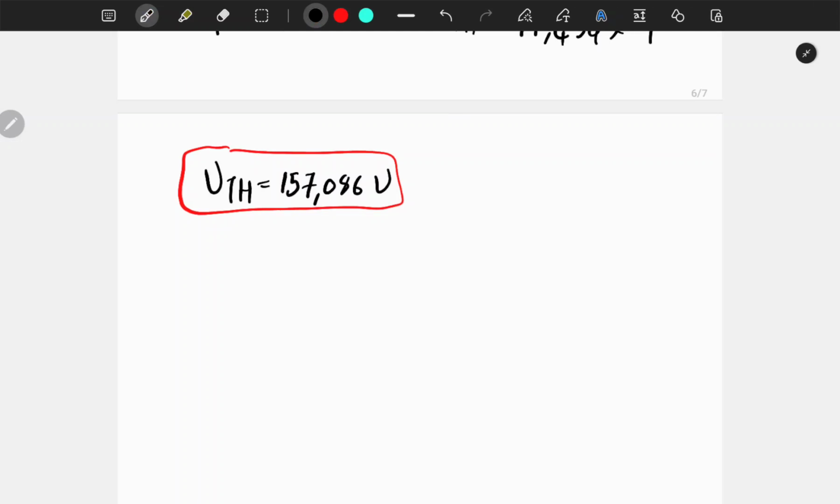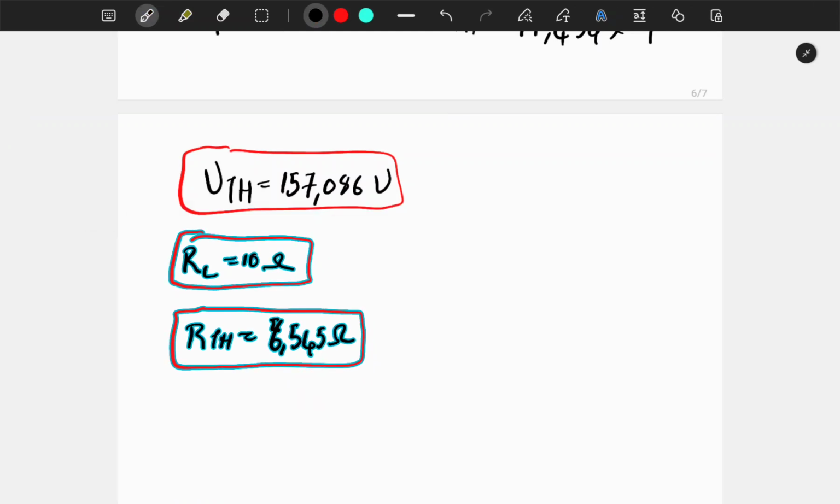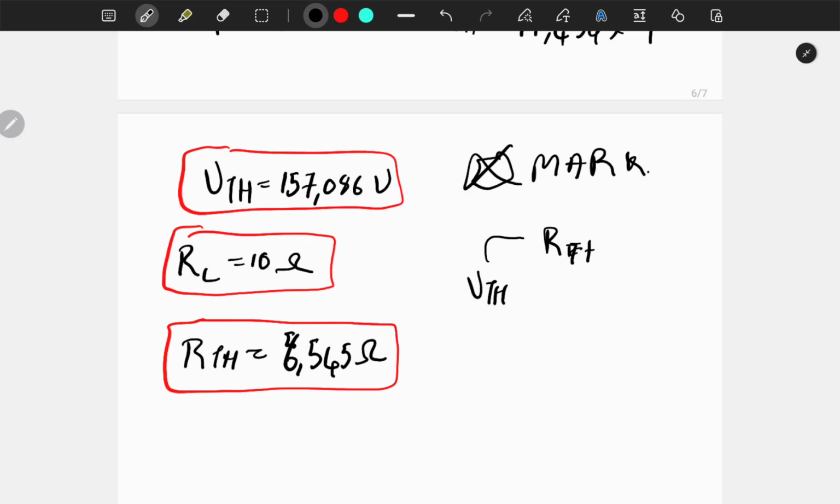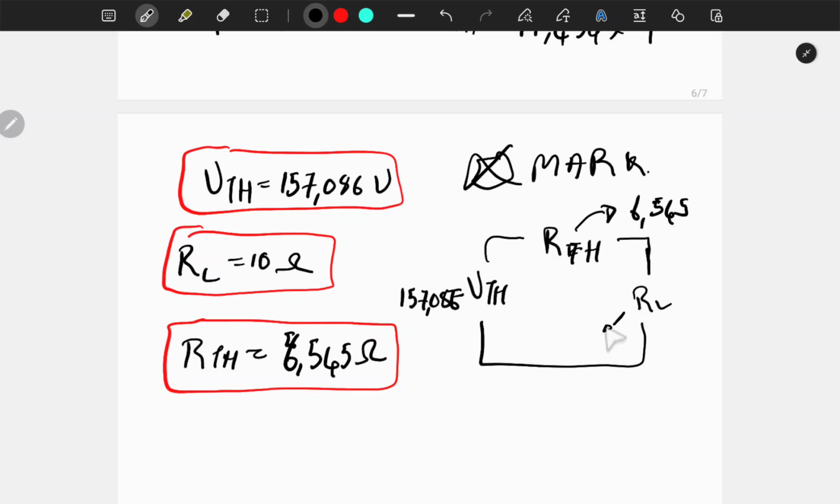So remember guys, if you want your marks, you have to draw the Thevenin circuit, which is Thevenin voltage, Thevenin resistor, and then your load resistor over there. So now we know that this is 157.086. This one is 6.545, and this one is 10. Okay,